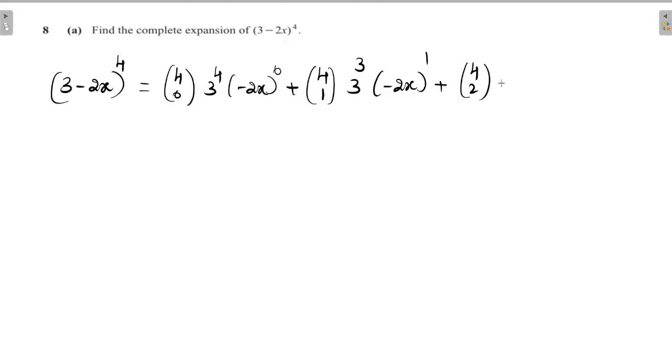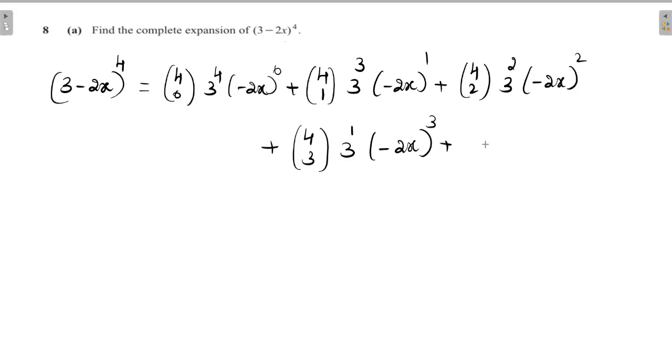4C2 × 3^2 × (−2x)^2 plus 4C3 × 3^1 × (−2x)^3 plus 4C4 × 3^0 × (−2x)^4. So there are 5 terms. The first term is going to be 3^4, plus